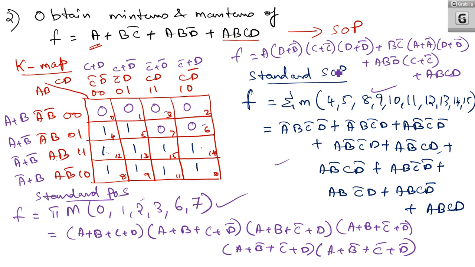On simplification of this expression, that is equation number 1, you will come to equation number 2. From equation number 2 you will get the values of 1, and whatever does not have the value of 1 you can take into the K-map. So that is one way, using K-map I have derived min terms and max terms. Now, coming to the third question.